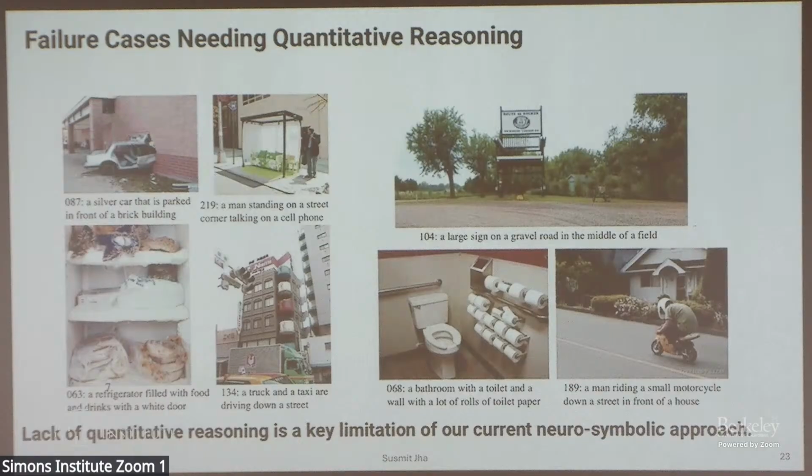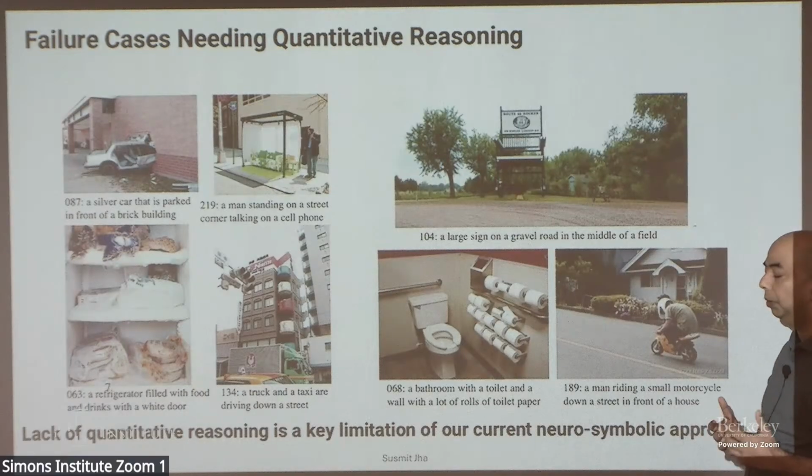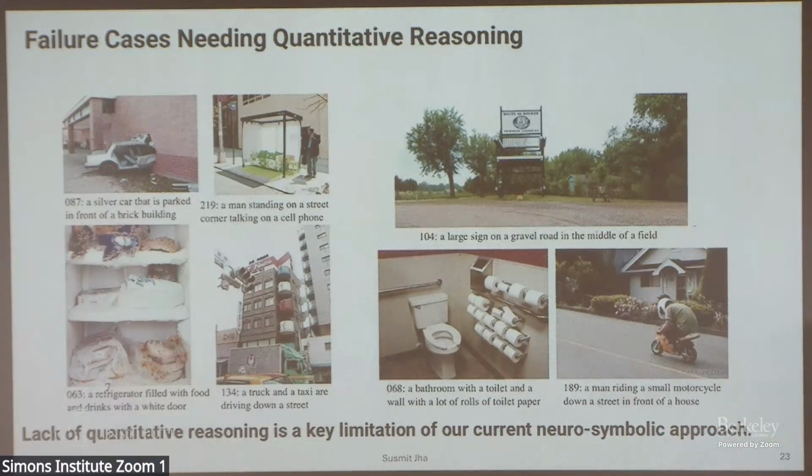But there are limitations, obviously. Some of the failing cases I would mention here are that we don't know how to do quantitative reasoning yet. If you're looking at scenes like this, where there are lots of toilet papers, or this particular one where we have a motorbike, which is really small, these are things which the visual language model will not capture. When we're doing logical reasoning, if we have not programmed that in, saying go and count the number of these toilet papers, or look at the size and try to characterize it, this doesn't get reflected anywhere in all three layers that we have. So these are the kind of surprises which will make this overall architecture go astray.